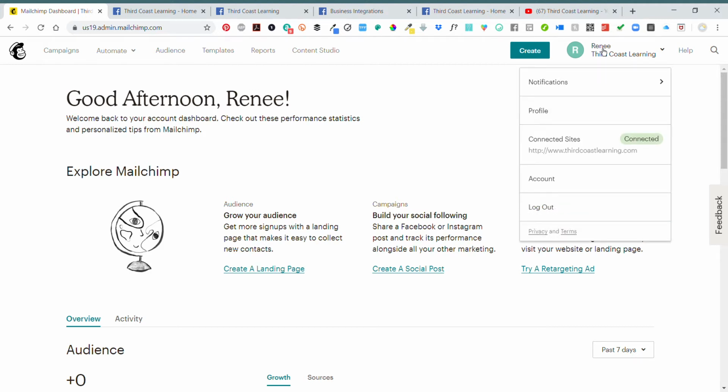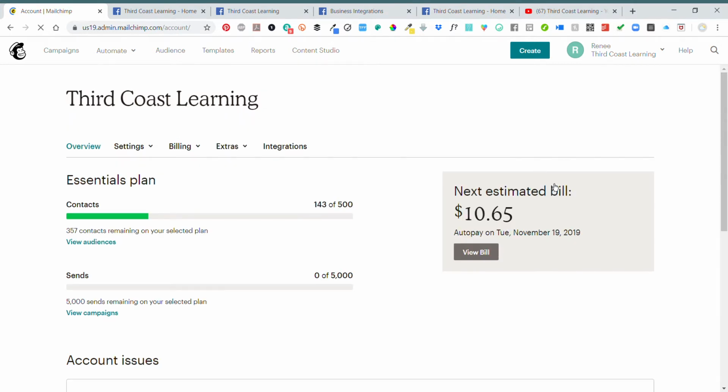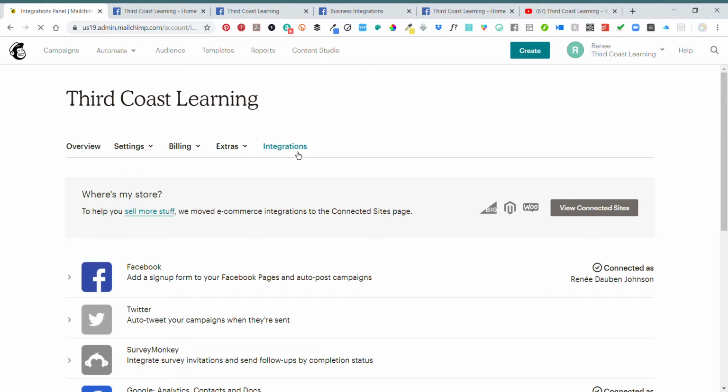Mailchimp account, you're going to go to your account settings. So under your login area, I want you to drop down to the area that says account and click on that. It's going to overview what plan you have in place. We're not worried about any of these settings. We're going to go all the way over to integrations, and then you're going to click on that. And once it opens, it's going to show you all of the integrations that you have the ability to add